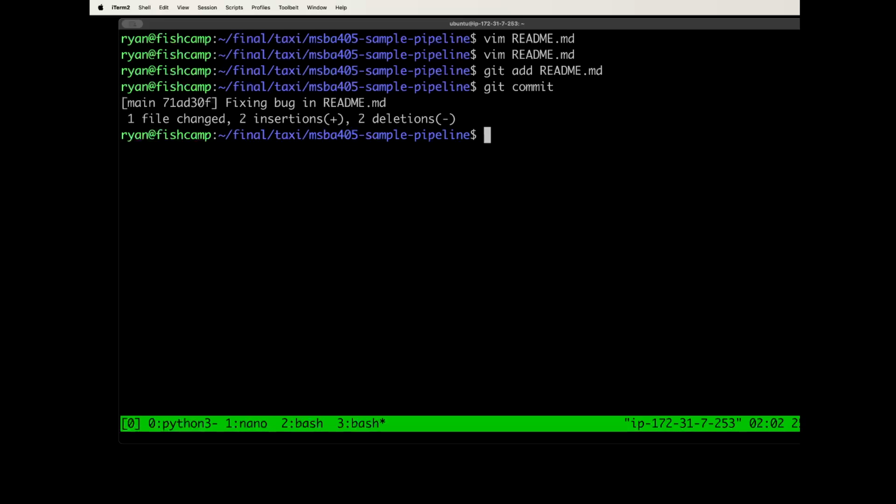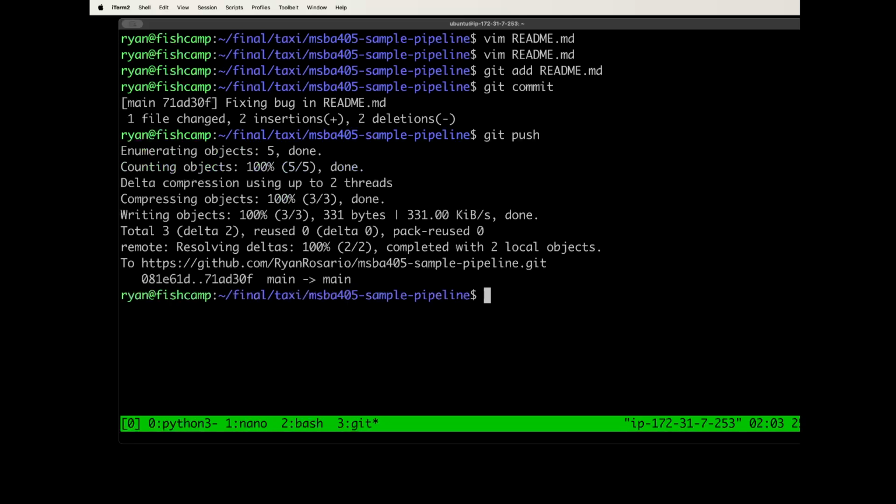Now I've committed, but I'm not done. I now need to push this change to GitHub so that you can read it. So I'm going to do a git push. Now it is on GitHub. If you go on to GitHub now,